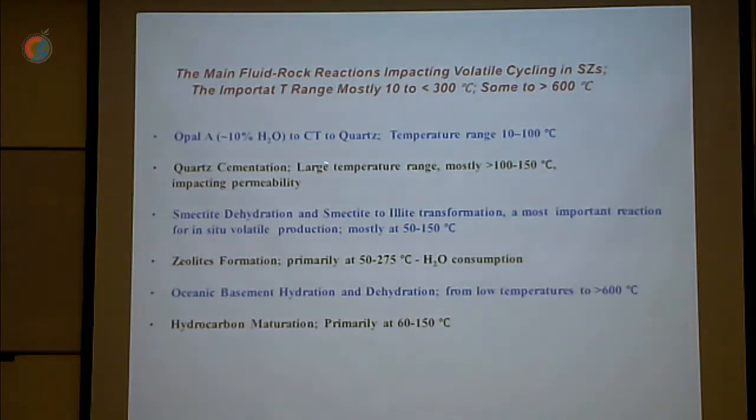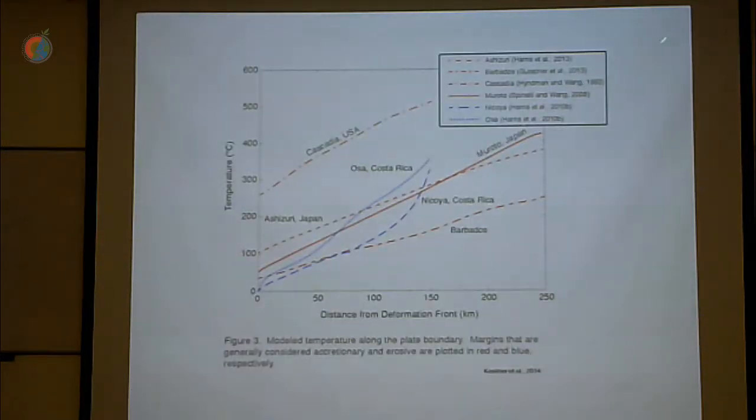we have to put some temperature ranges on these reactions. And the obvious one of the opal, there's clay dehydration, zeolite, oceanic basement hydration, dehydration, hydrocarbon dehydration. So I'm putting some temperature on these different reactions, there are others as well. Just to give you an example. And next slide. We took the models